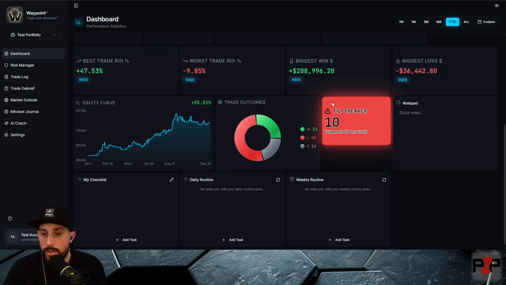A couple other cool things in here. You have your equity curve. Like I said, just by putting in your transactions, the equity curve will be built, and it is very, very accurate. You can actually compare it to your broker's balance statements and see that it is within a penny of what it is. It's just a rounding thing, but within a penny, seeing the exact equity curve throughout